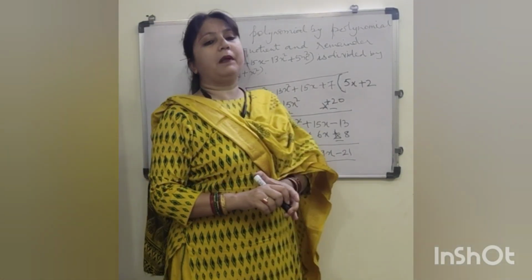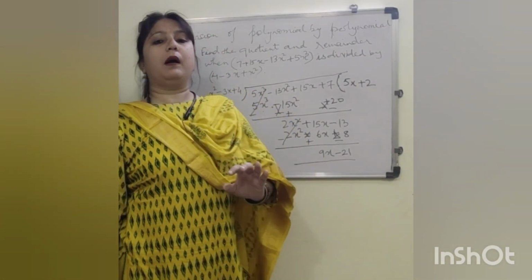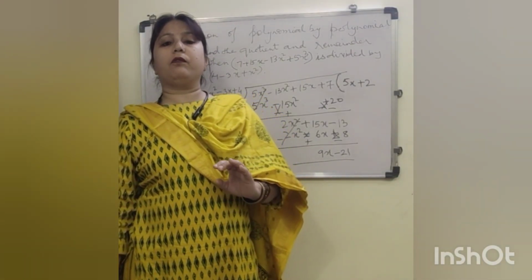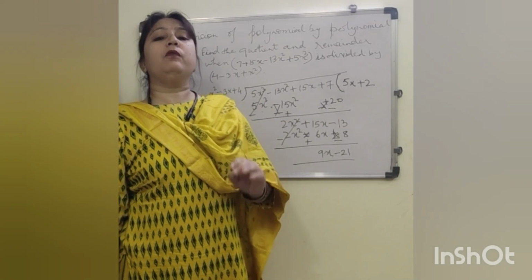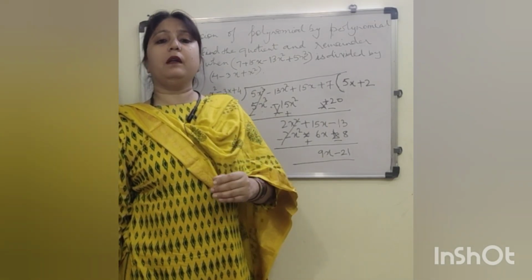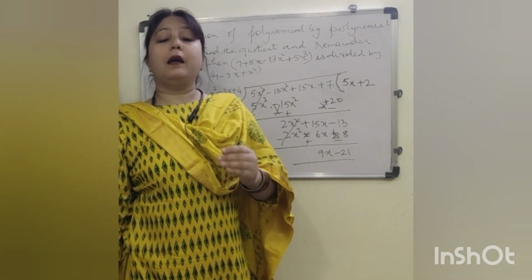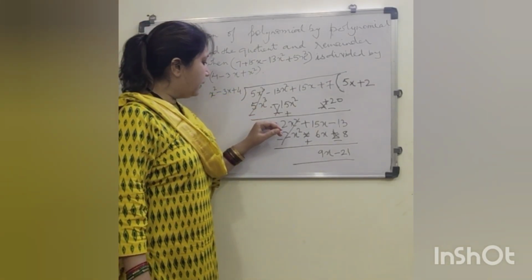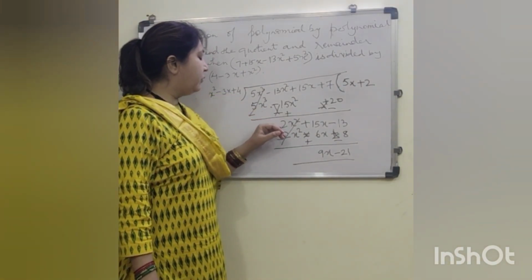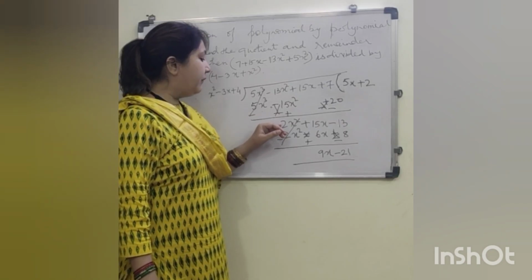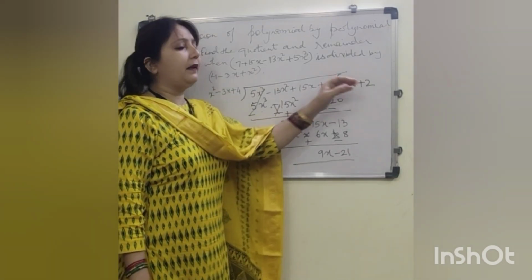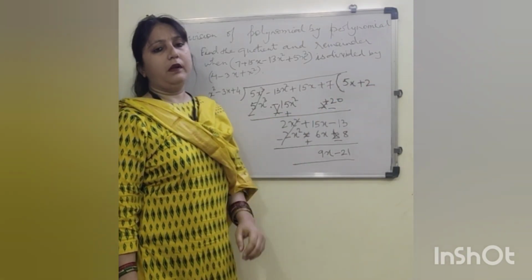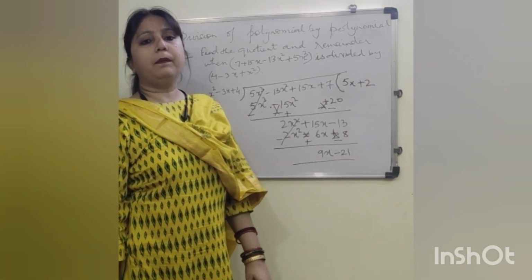Overall concept is that you have to arrange your expression in a descending power of variable, and then you will start removing whichever highest power variable comes, and you just take care of the sign. When you subtract and you get, if it is minus over here we put minus here, if it is plus here we put plus in the quotient. Clear everyone?